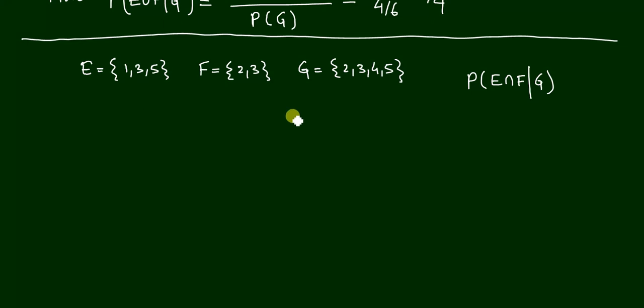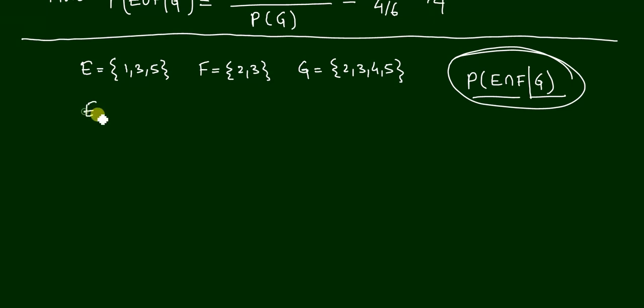In the second part, we have to find out the probability of E intersection F when G is already happened. This we have to find out here. So we require E intersection F. So we will write here E intersection F. I have written here the sets E and F also. So what is common? Only the element 3 is common. Okay, so to find out this conditional probability, we also require E intersection F intersection G. So this will be what? It is also 3.